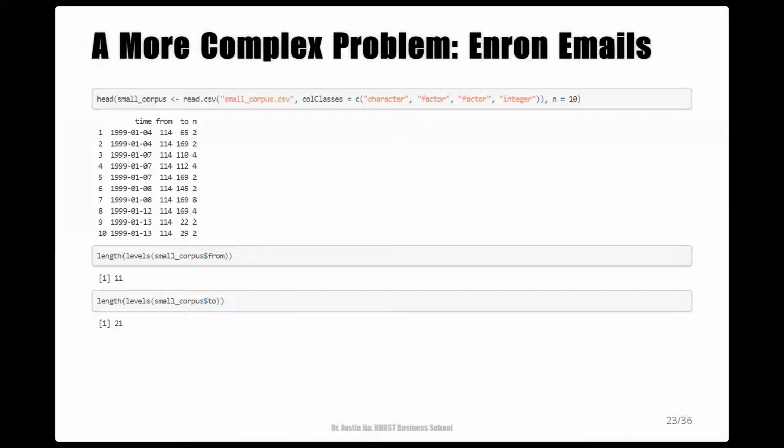And it is these emails that brought down Enron and shaped new standards in the business world. In this data frame, the from and to columns contain the employee IDs for a pair of senders and receivers, and the N column contains a count of daily email exchanges between the corresponding pairs of senders and receivers.